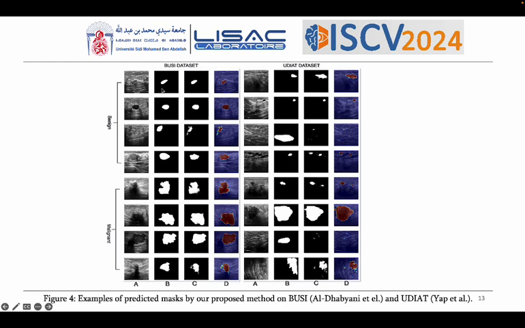When it's trained and tested on the BUSI dataset, we have acceptable and great results. In terms of small tumors, we have good acceptable results. But when it comes to hidden lesions, for example in here, we have a slightly worse segmentation